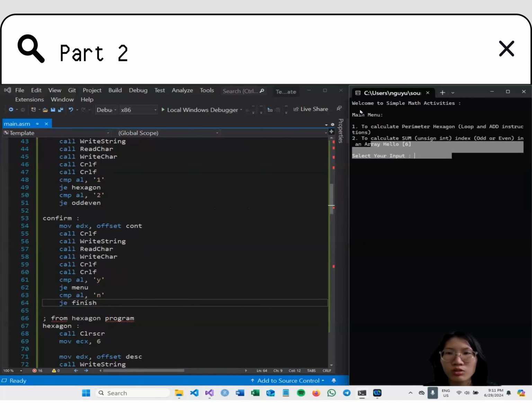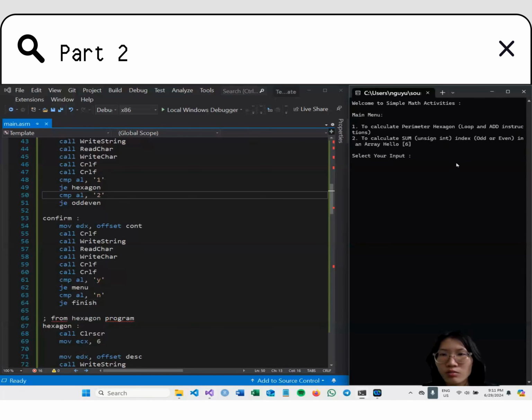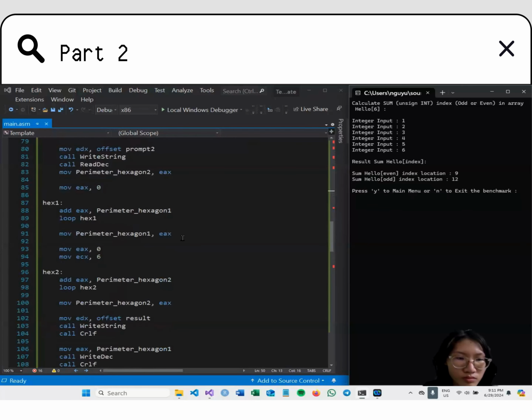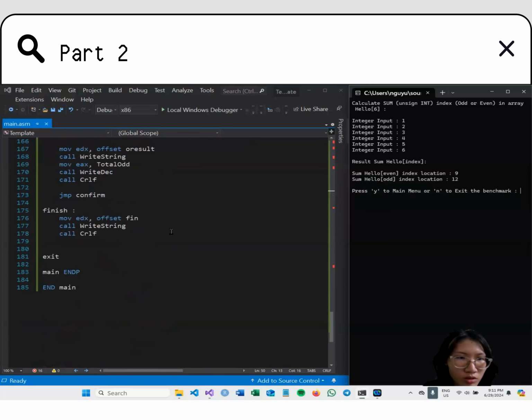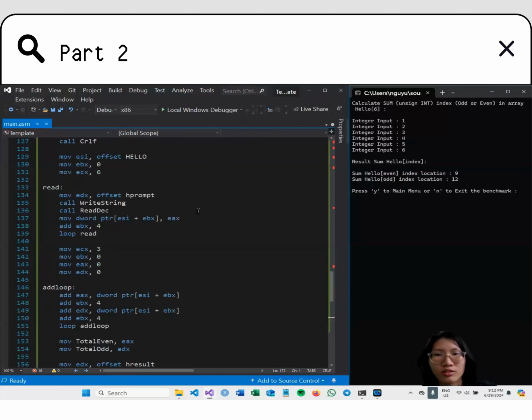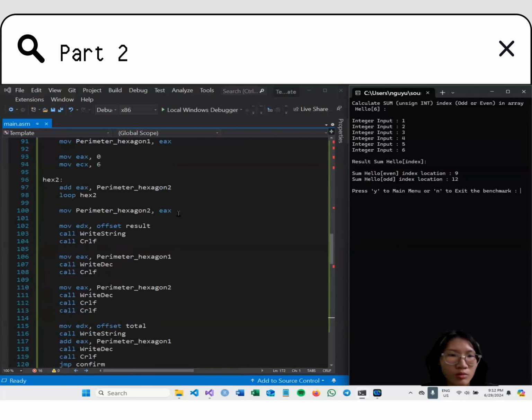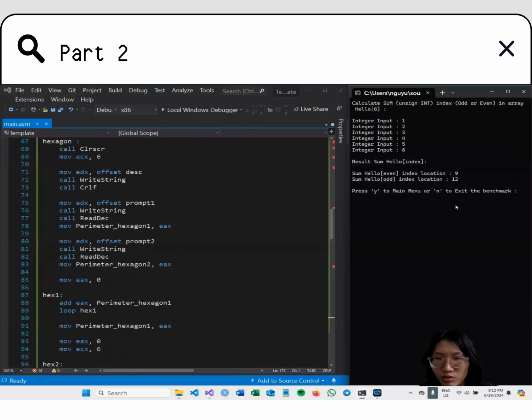So this one directs me back to the main menu, and this time let me choose program 2, and for the integer input, for example, I'm going to give 1, 2, 3, 4, 5, and 6. And by the end of program 2, here, we jump to confirm, which is the same thing as just now. We display this line, yes or no. So this time, if I press no,